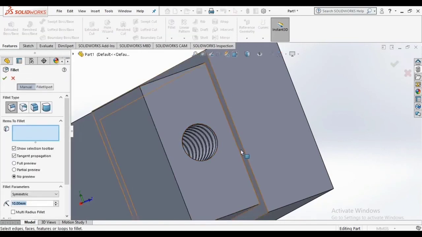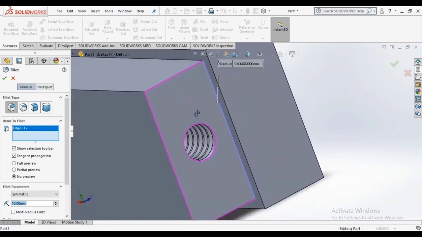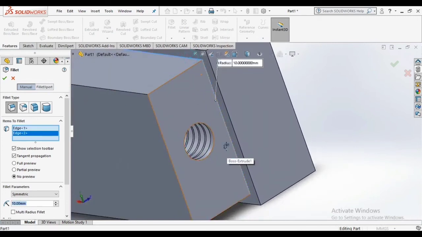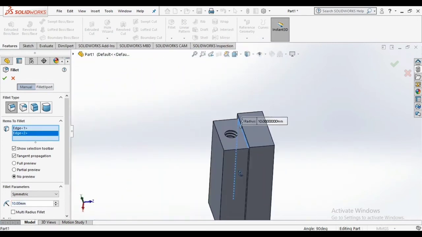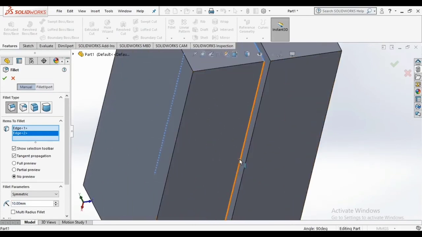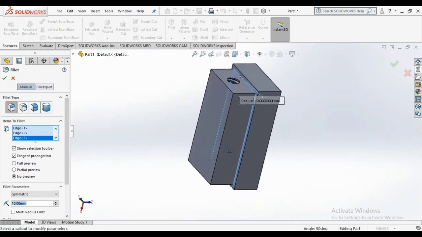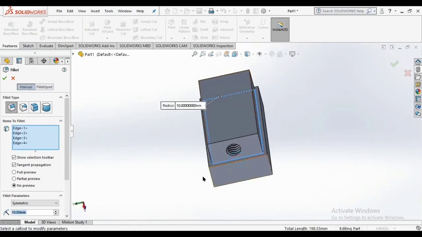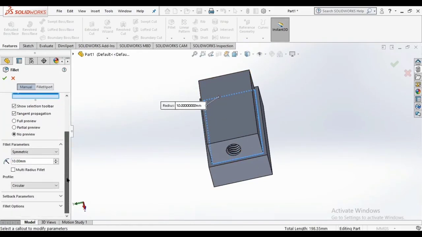It will make the corners curved. For items to fillet, I will select this one, this one, this one, and this last one. It's symmetric, 10 is too large, so we will change it to 5. Click OK.